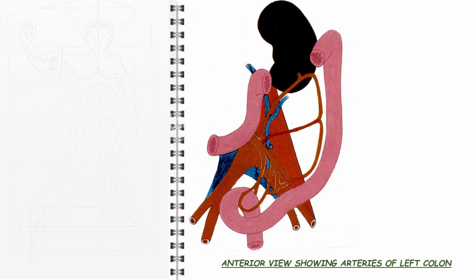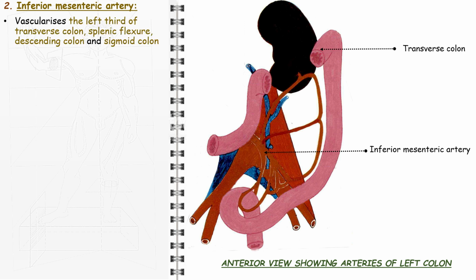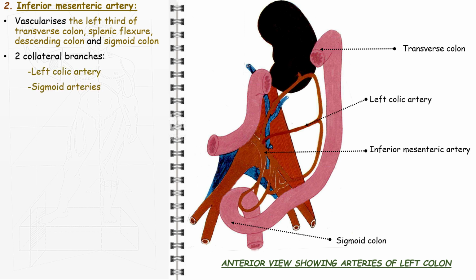The inferior mesenteric artery vascularizes the left third of the transverse colon, splenic flexure, descending colon and sigmoid colon through two branches, the left colic artery and the sigmoid arteries. It ends giving a terminal branch, the superior rectal artery. The left colic artery runs transversally along the left Toldt's fascia, crosses the inferior mesenteric vein at the front and ends, giving two terminal branches, descending anastomosing with the ascending branch of the superior sigmoid artery and ascending anastomosing with the